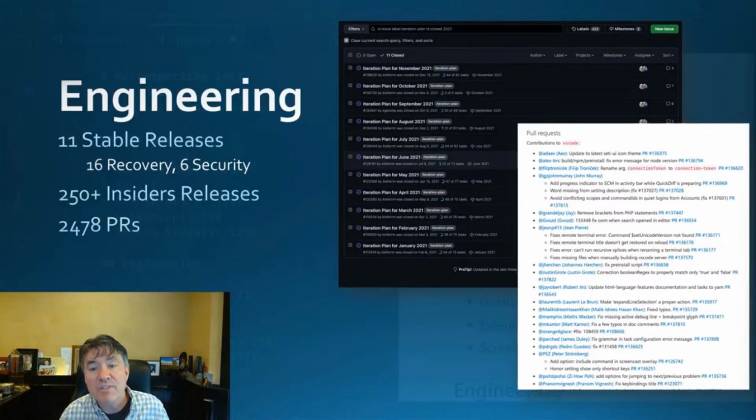Now, last year we shipped 11 stable releases, one for each month, except during the holiday season. On top of those, we shipped 22 additional releases to address critical bugs and security issues, but hopefully all of this was completely transparent to you. If that wasn't enough, we also shipped more than 250 insider releases last year, and honestly, I'm just glad